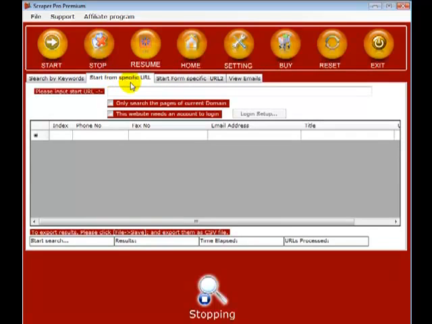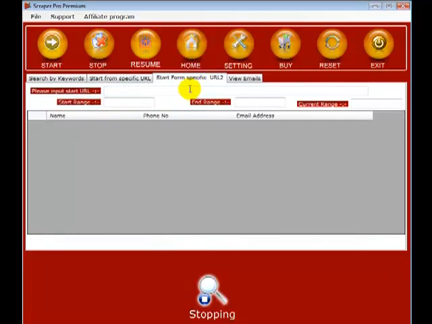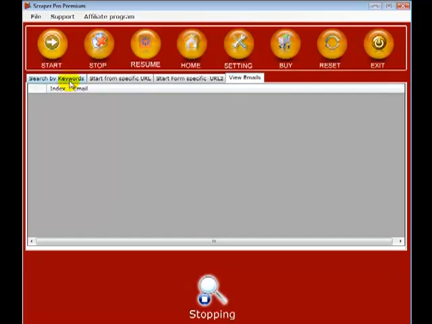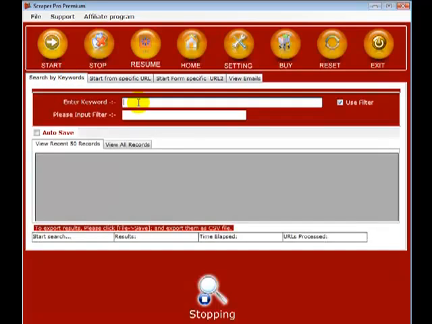This start at a specific URL is right here. Now if you want to go in and you want to try to search from a specific URL, you can do that. If you want to go from a specific URL but also go into a replicated feature where you can go into a replicated site, say some site that ends in 1 and 2 and 3 and 4, you can put it on here and say I want to start at number 50 and go to 200, or whatever numbers you want to put here, and I'll show you that function in just a minute. Then you can of course view all the emails and so on, but we'll do a basic function here. So